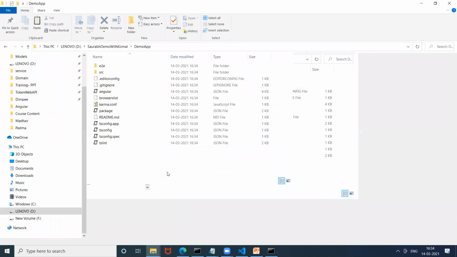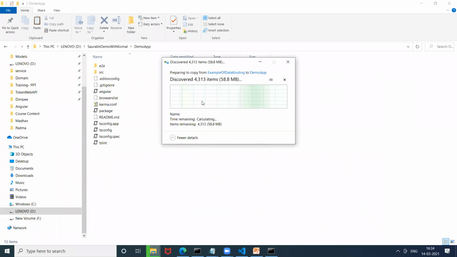There's some issue in my Angular, I need to reinstall it. Node underscore modules is the package folder where you install all the packages that come from the internet, right? And we will do the training on Angular 11, which is the latest version. It will take a little time to copy the node modules, and then I will show you how to run the application.